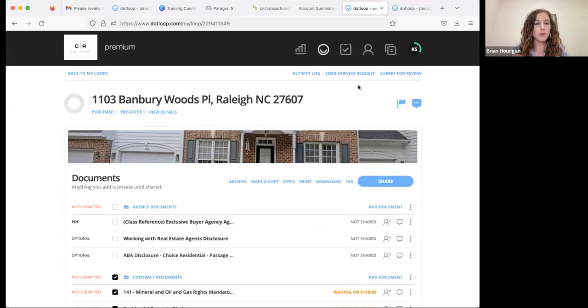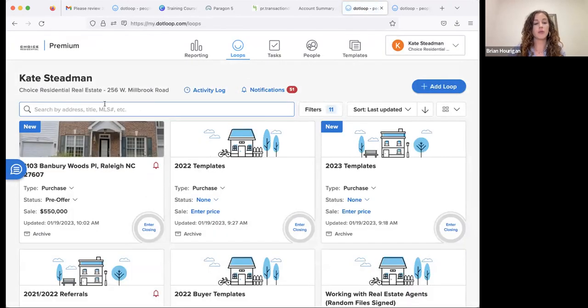If we are doing this all through DotLoop, we completely miss that opportunity. And I'm telling you right now, doing a cover letter email when you are writing your offers, and putting NA in any fields that don't relate, can get you a deal, right? If there are two offers that we get that are almost identical from the listing side, I'm going to tell that to my client: this person was really diligent. They reached out as soon as they sent it over by text, so I know they're good at communicating. They filled out all of these fields. This agent is on top of their stuff. It can matter. So just know that if you do send anything through DotLoop,